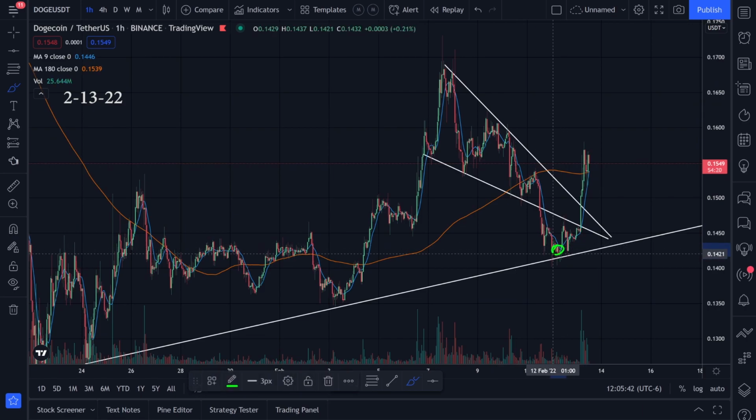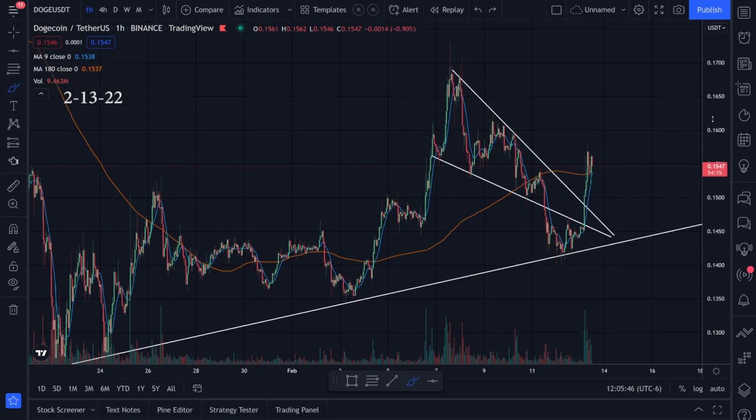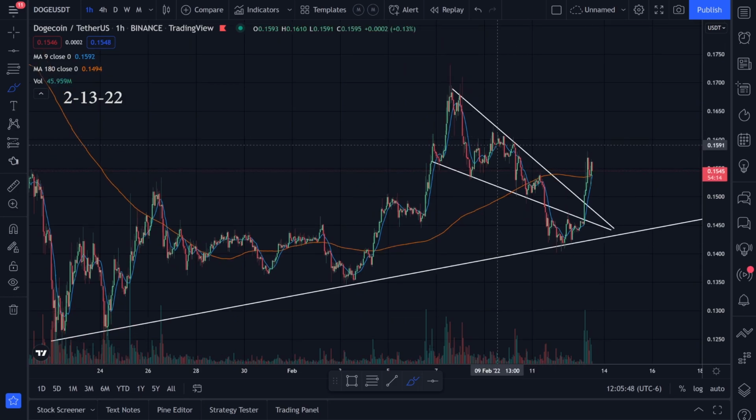We came down, bounced on that, then broke through this trend line right here. So what I'm looking at are the previous resistance levels for targets. We had resistance right here and resistance right here. These levels are sitting around 0.161. I think if we could break above this level, then the next stop that I'll be looking at is this top down up here, sitting at around